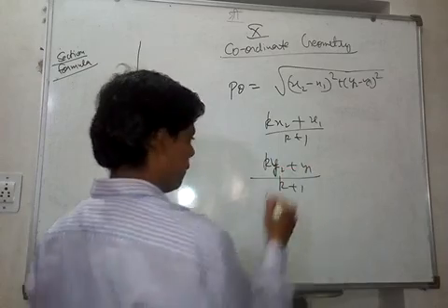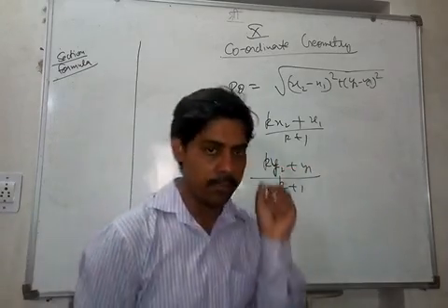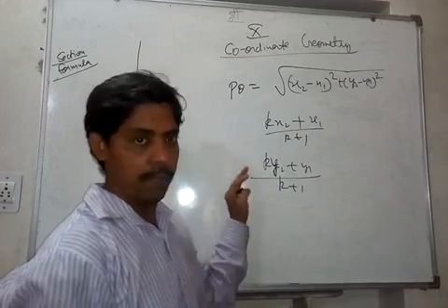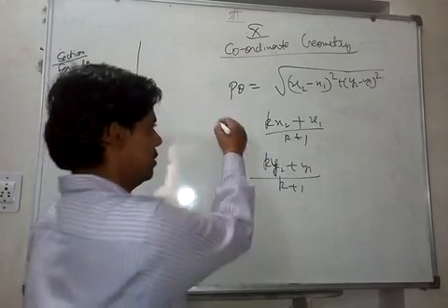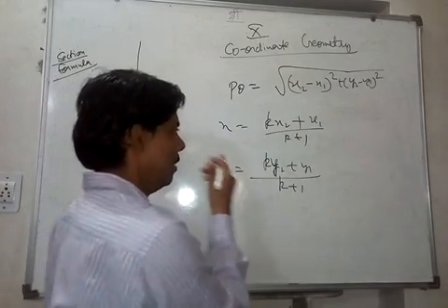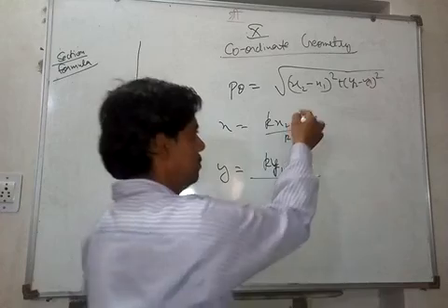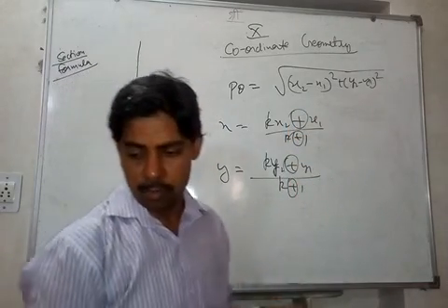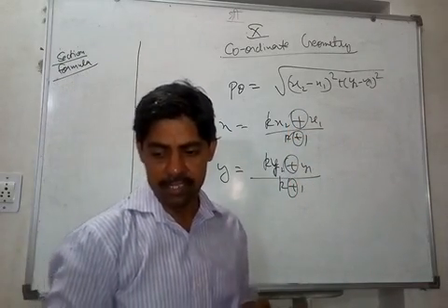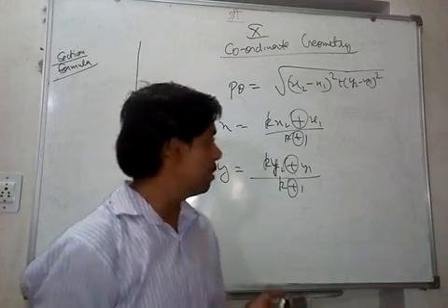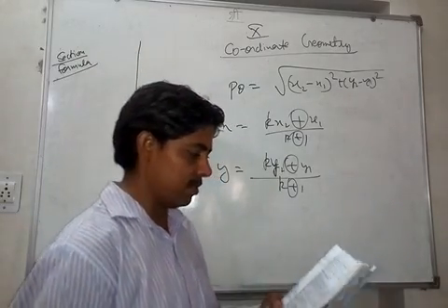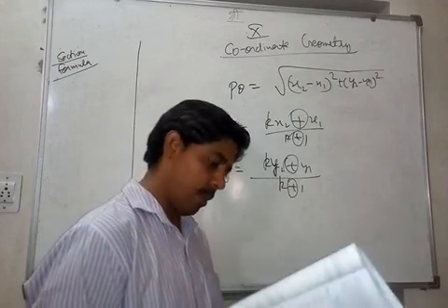So I'm sure you are solving all the questions. See, this is for internal division only. This is your x, this is y, and for external division this becomes minus, this becomes minus, right? If you are following all the lectures, then you would have solved the questions, but if not, then I will solve the questions here. First let's see one question, question number 12 of 9.2.